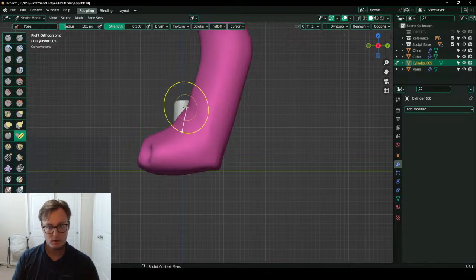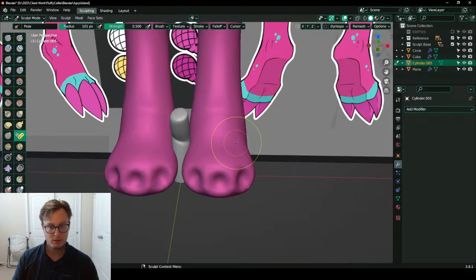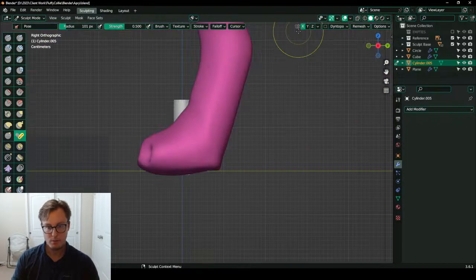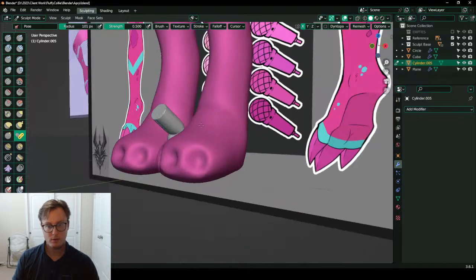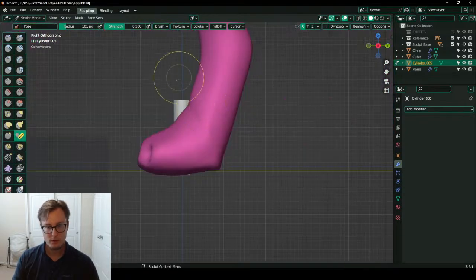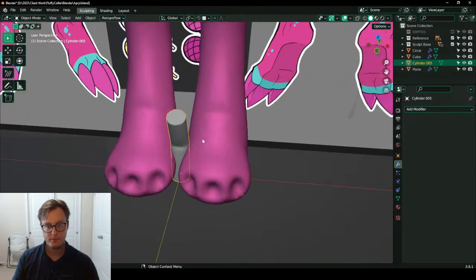Okay, bend it just a little. Oh, false, that should have been the symmetry menu. Too far. Right there.